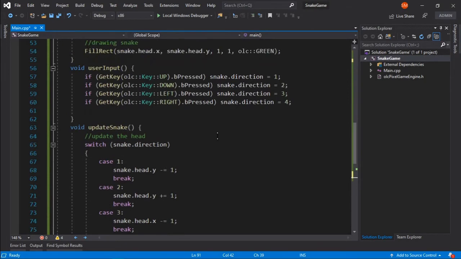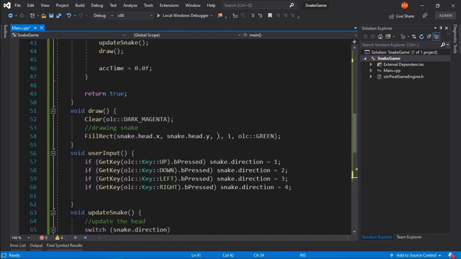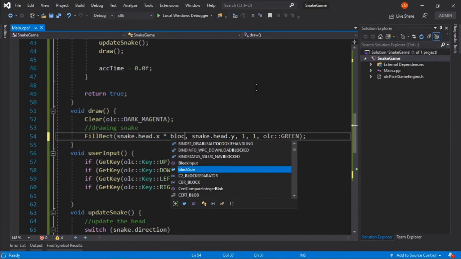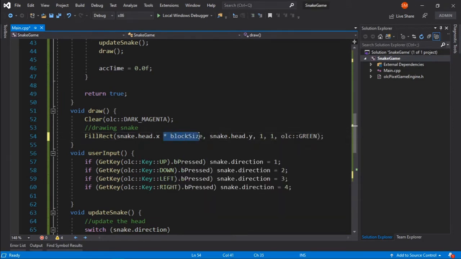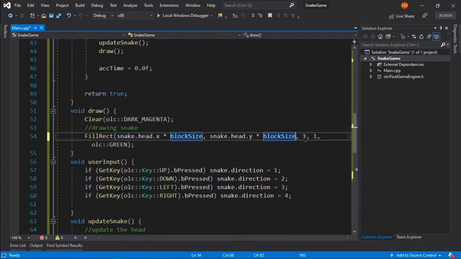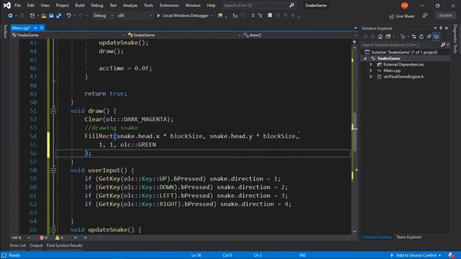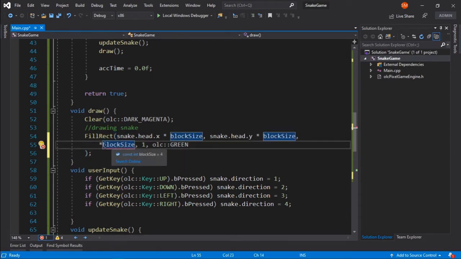And also whenever we are filling the rect, I want to multiply this with the block size, and same goes for here. We will be multiplying it with the block size, and let's put it in 3 lines. And here the rectangle will be of size block size.